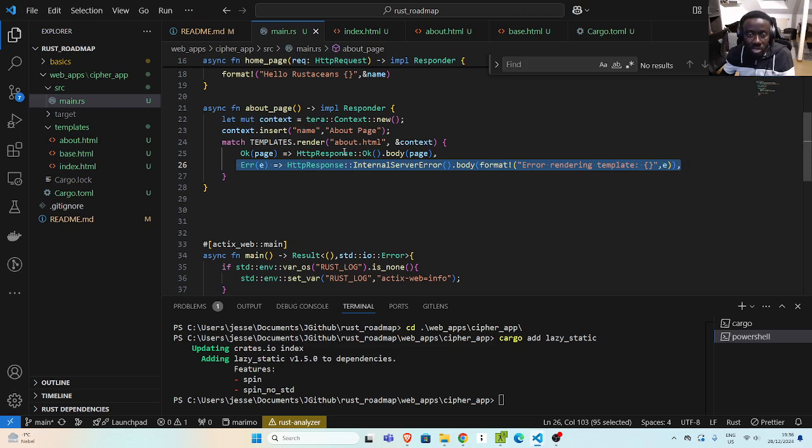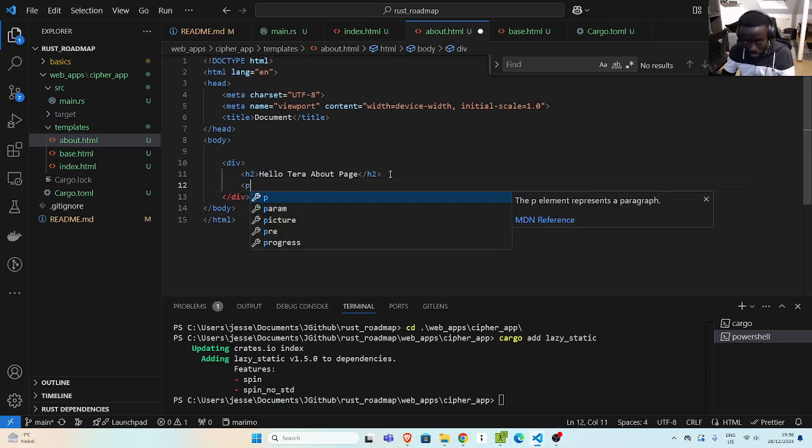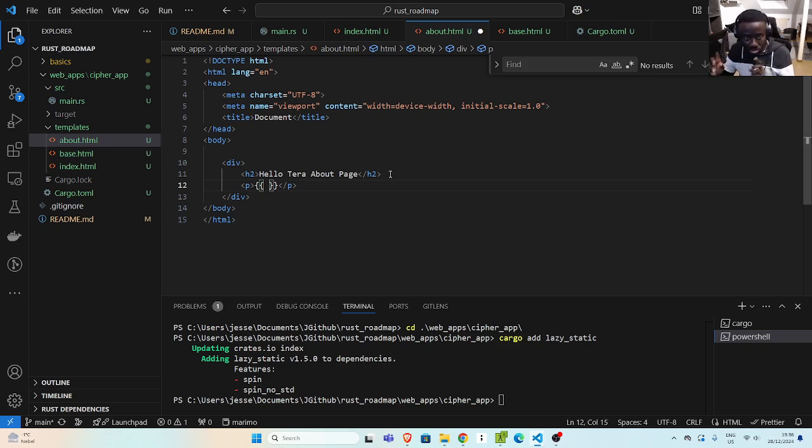So inside my about page, I need to specify this variable called name. So I'll go back here, and then how do we do that? We can go with my p tag, and this is like Jinja, right? So in case you are coming from Flask or Node.js, we have something like Jinja, the mustache syntax. Then I'll pass in the name here. If I run it and then I go back here,